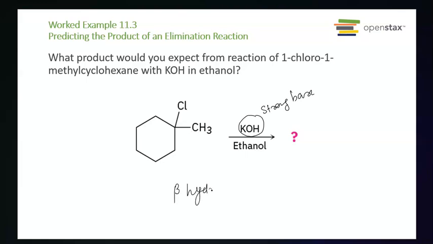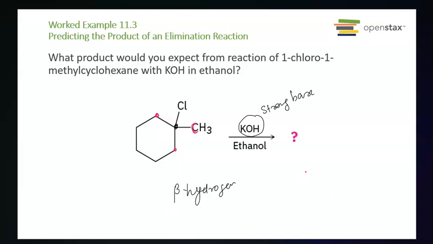Beta hydrogen means the hydrogen that is next to the carbon atom where the leaving group is. So if this is the carbon atom that has the leaving group, we have a beta carbon atom which is this one. There is another beta carbon atom here, and this is a beta carbon atom. The hydrogens attached to these pink colored carbon atoms are called the beta hydrogens, and the elimination happens with the removal of the hydrogen at any one of these carbon atoms that I have marked in